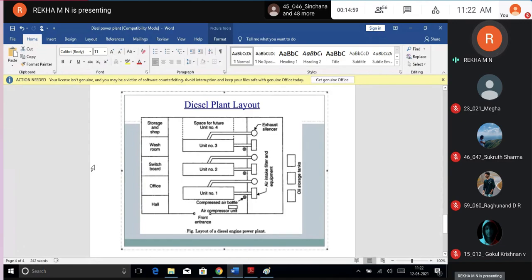And at the same time, students, you should also take into consideration how you're going to store the oil. Here I have written something called oil storage. Some diesel plant layouts can have underground oil storage. Underground oil tanks can be preferred in some cases. In some cases, since the availability of the oil underground becomes difficult and it is of small capacity, you can go up with the above one.